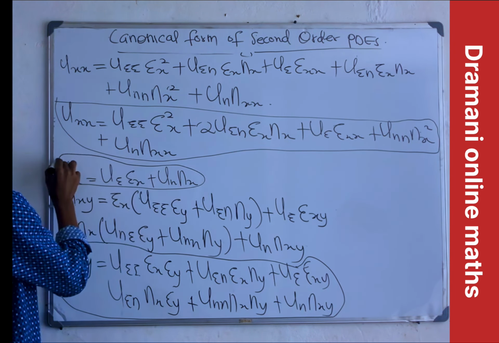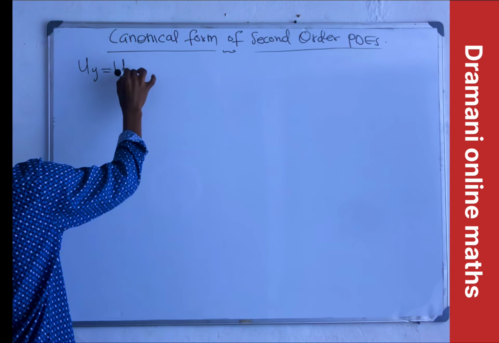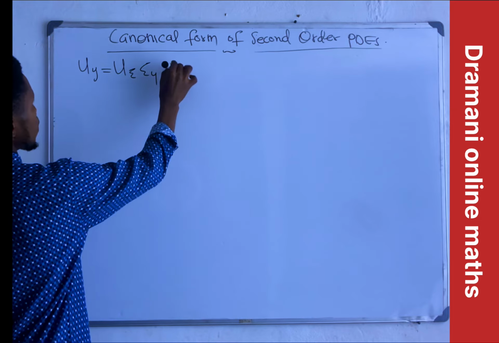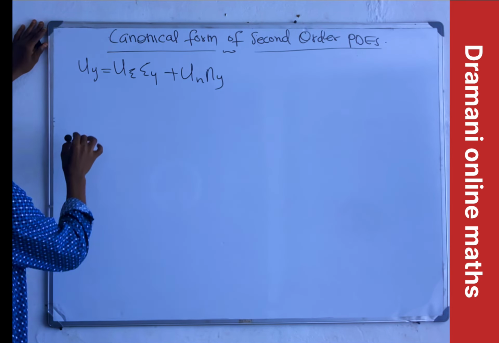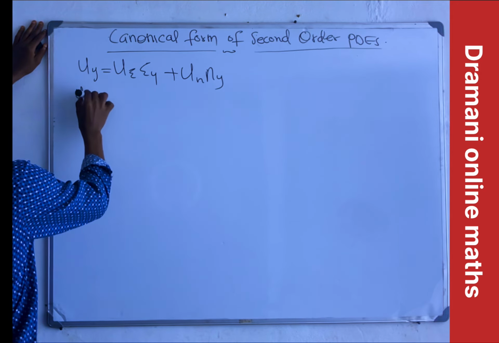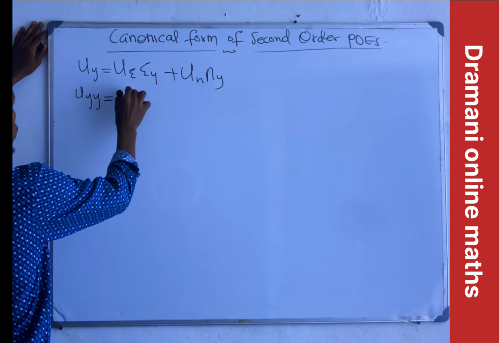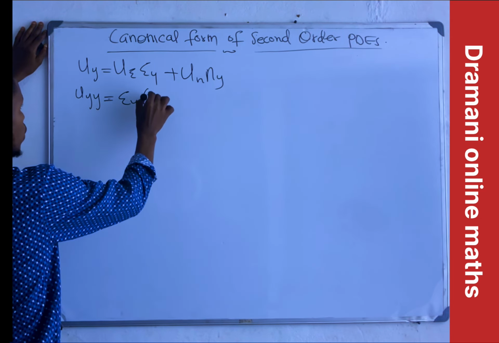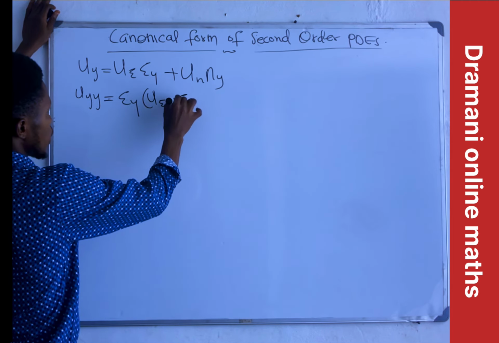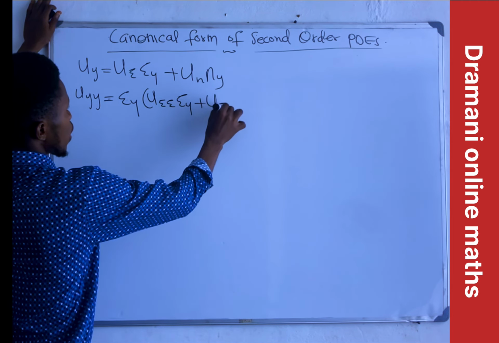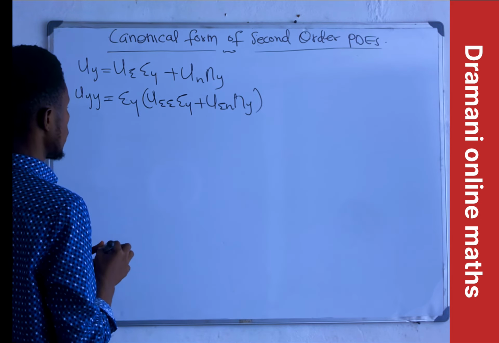So okay, let's look at the uy, which is what? uξ ξy plus uη ηy. So meaning that if I want uyy, let me hold uy and differentiate uξ. So for the uξ, if I differentiate, it becomes uξξ ξy plus uξη ηy, like this. Okay,